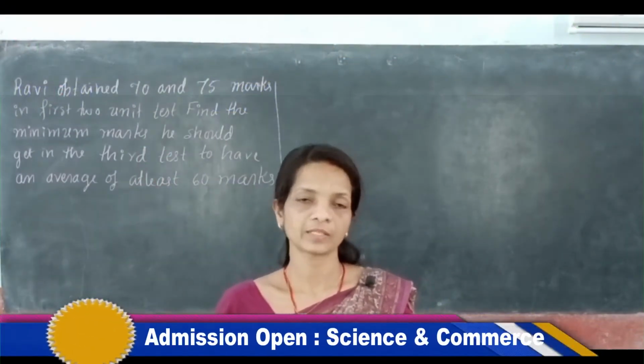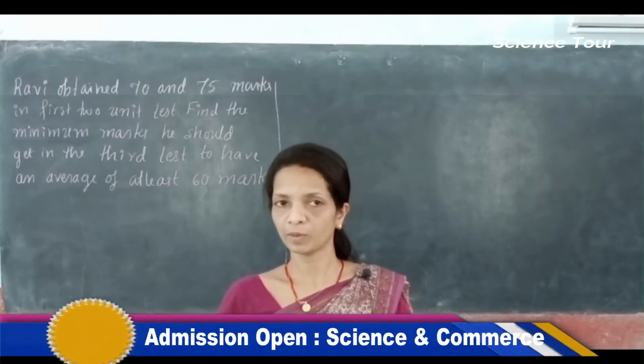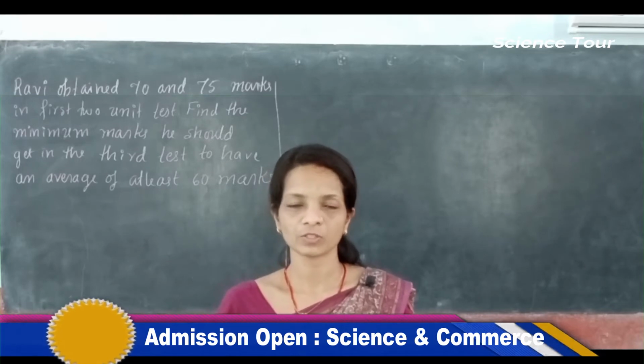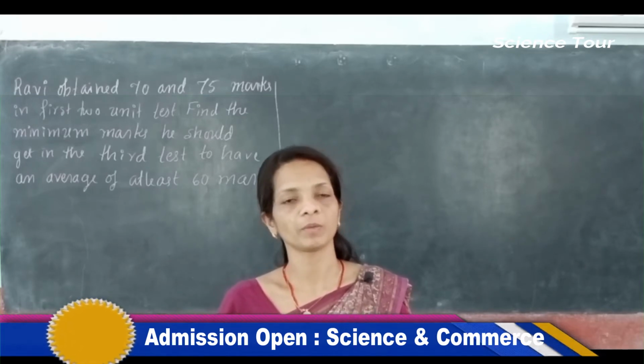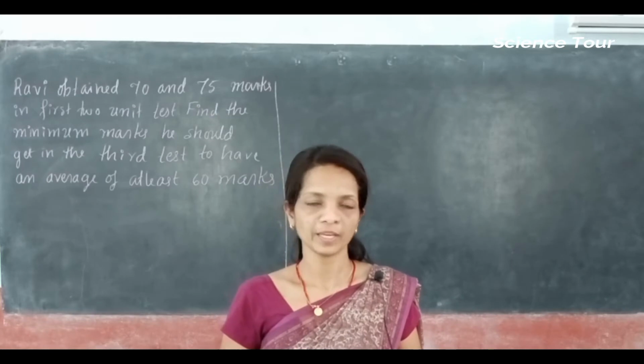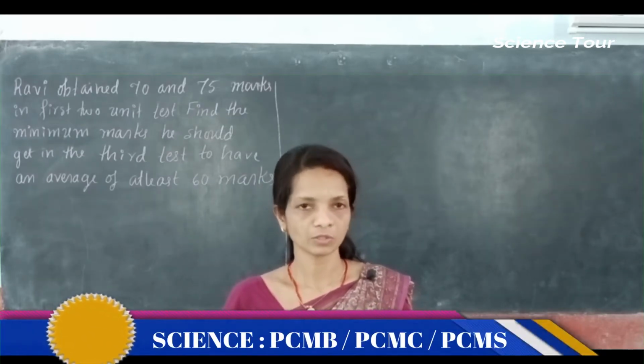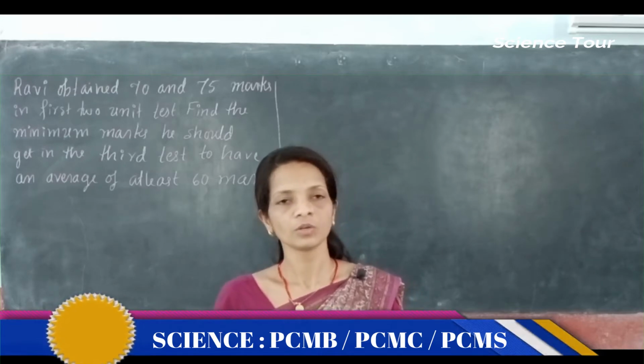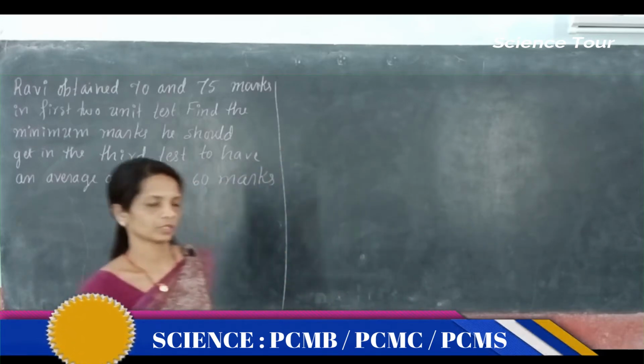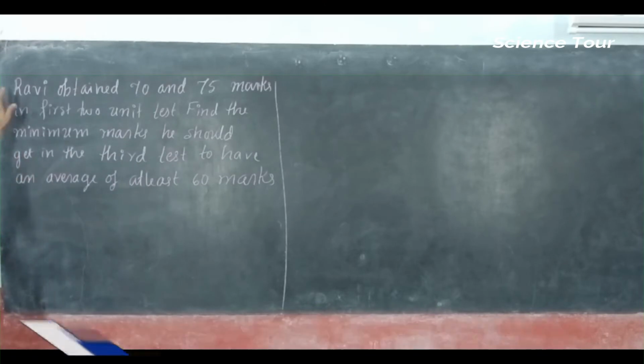Next, you have some sentence type of problems. What you have to do is first read that sentence type of problem. After that, you have to form an inequality representing that problem, and then solve that inequality. That gives you the answer of that problem. So now you have this question.